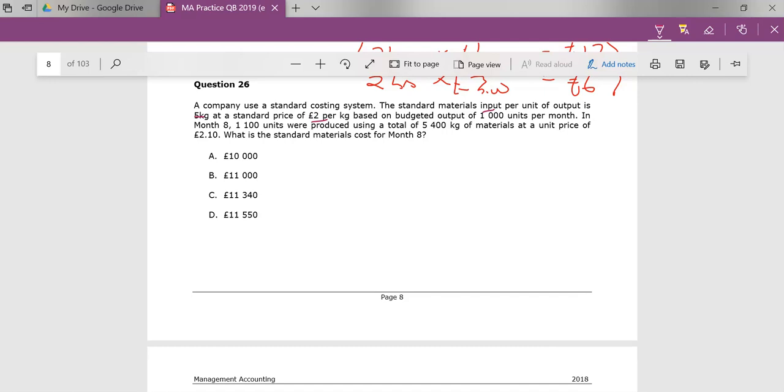These are the standards, what we're expecting you to use and expecting you to spend on purchasing a unit of this input, what we're expecting you to spend on the raw materials to make a unit. And it says here that you made